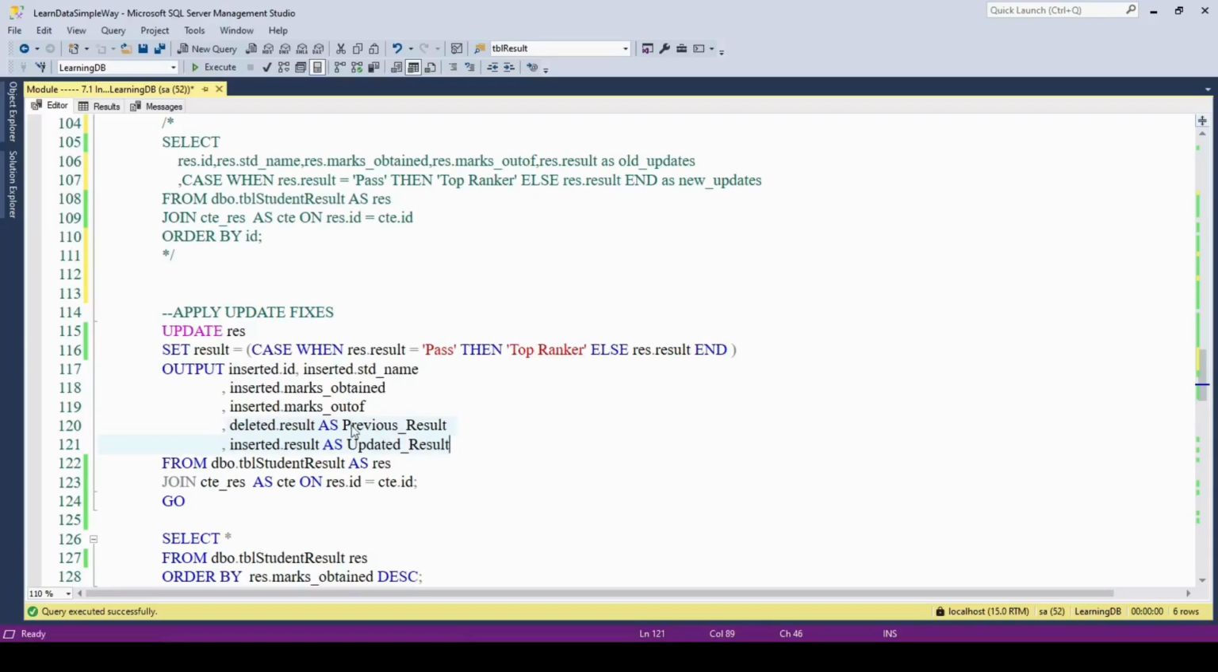meaning two values is what I am representing here. One value is from the deleted table. Now you will ask, what is deleted? The deleted table refers to the old values of the existing table, meaning what the previous result was before an update happened. So in that case the previous condition was passed, and then the latest results are updated